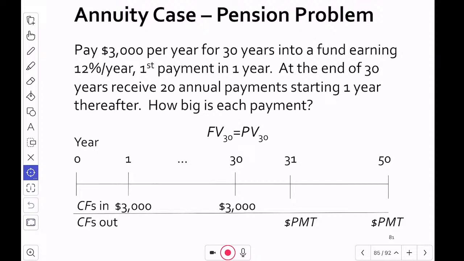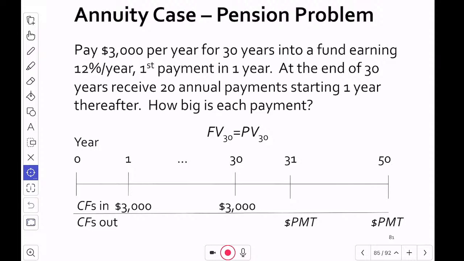As complex as that may appear, this is the most simple case of a pension problem where I'm depositing $3,000 a year for 30 years, and then at the end of 30 years, I will start withdrawing. So I'm going to deposit into a fund $3,000 per year for 30 years, earning 12% throughout this whole time, and then withdrawing. And now with each withdrawal, the remaining deposit still accumulates interest. How are we going to take care of that? Well, still the annuity formula